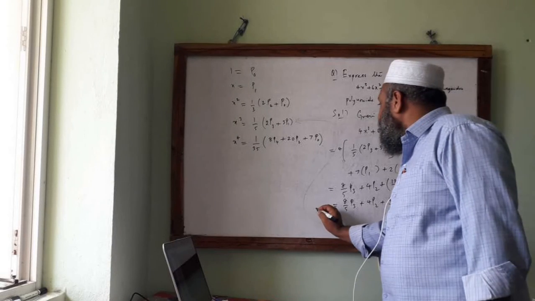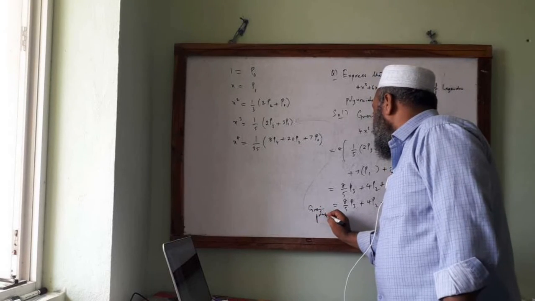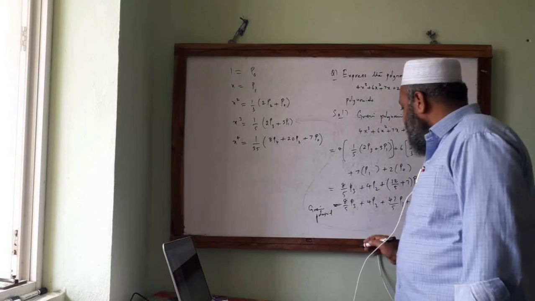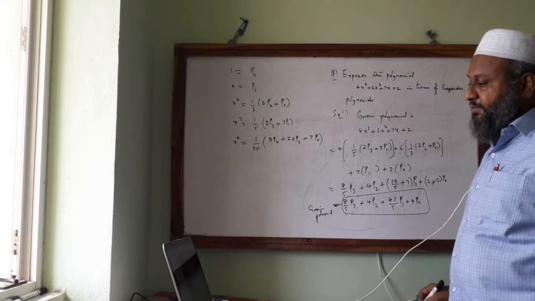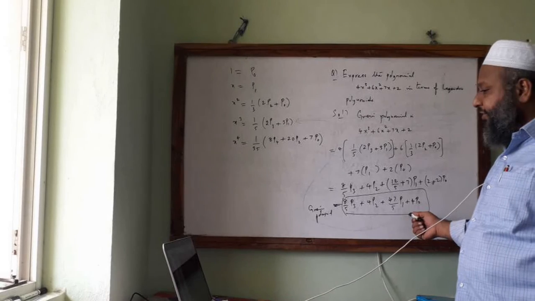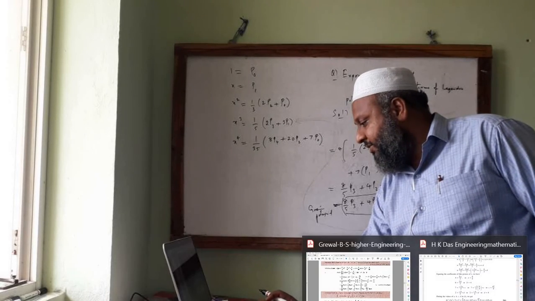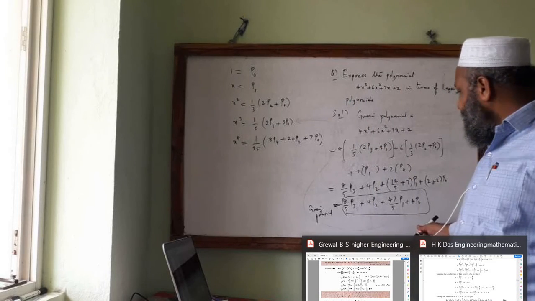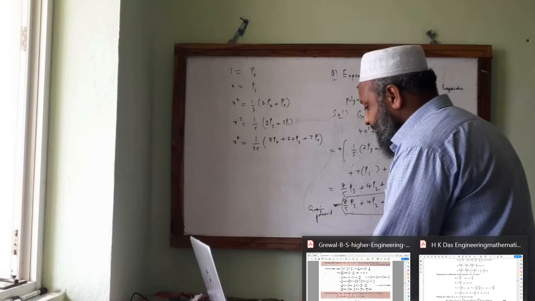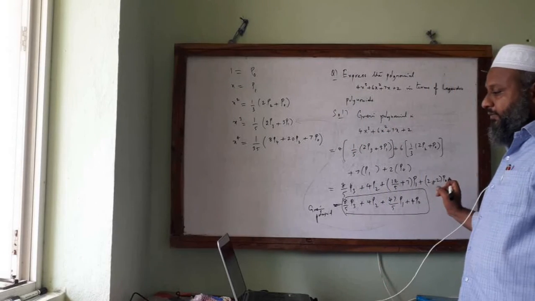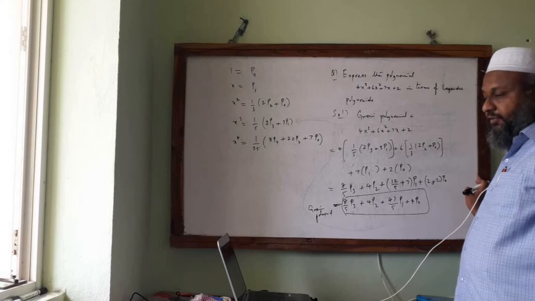So this is the given polynomial. The given polynomial is now expressed in terms of only Legendre polynomials. Now you can verify that it is the same as given in the textbook. If somebody wants, you can note it down. If you want, you can take a snapshot of this one. Now you can note it down, and I hope you have taken the snapshot.